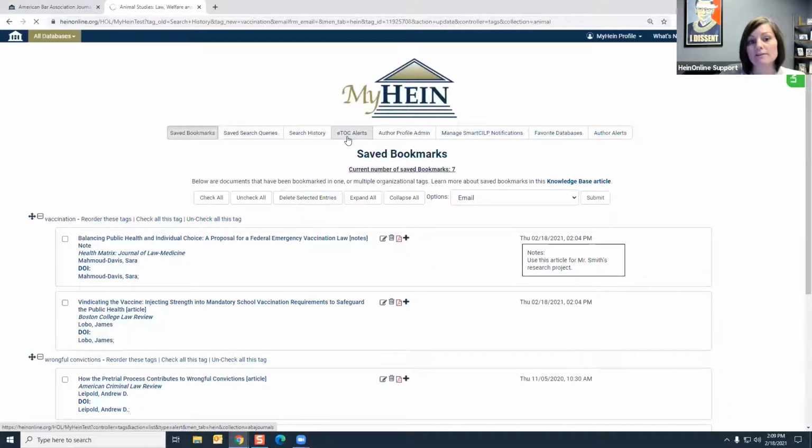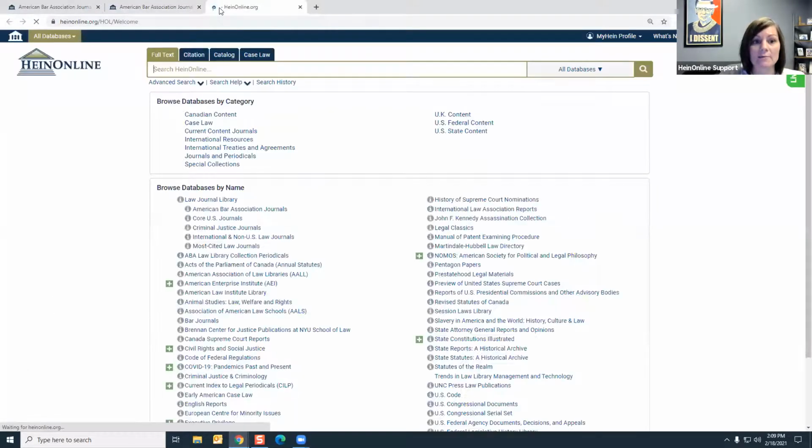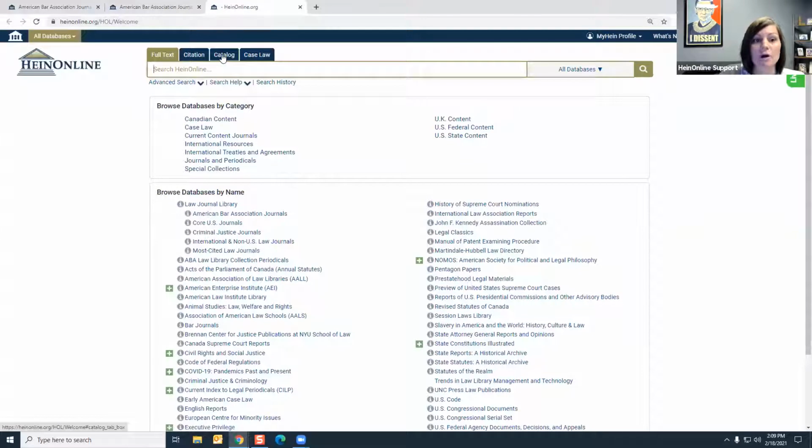Next in our tabs, we have ETalk Alerts, otherwise known as Electronic Table of Content Alerts. So if there is a journal or a specific title that you're very interested in and you want to know anytime HeinOnline adds new material to it, you can set up ETalk Alerts. So for example, maybe I want to be notified anytime a new issue or volume is published in the Harvard